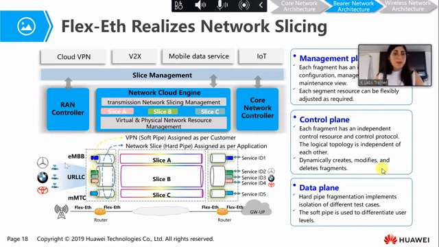Here we have an example. We have three, let's say, hard pipes in which we are going to divide basically our applications. So we have one pipe for enhanced mobile broadband, one pipe for ultra reliable low latency communication, and one pipe for massive machine type communication.